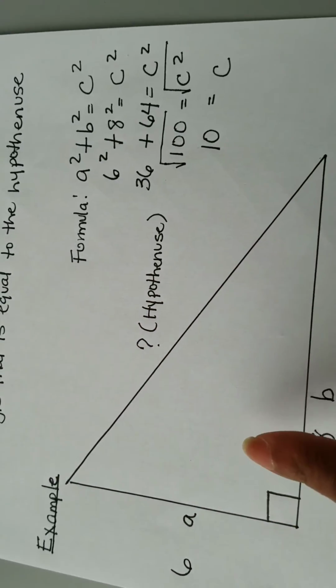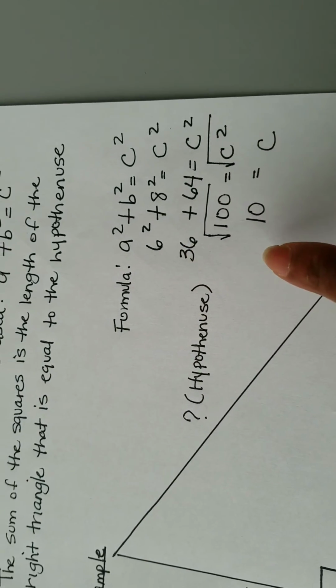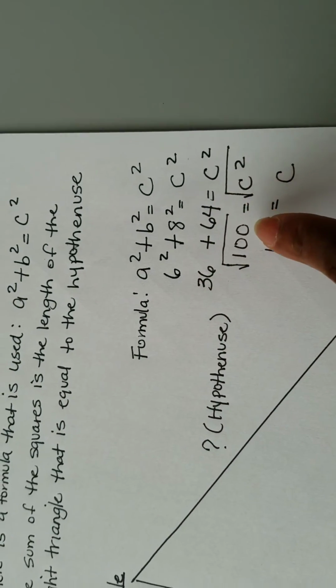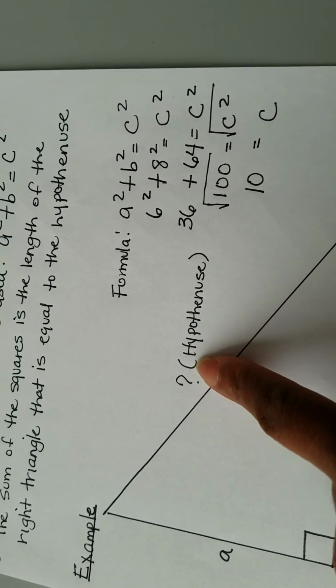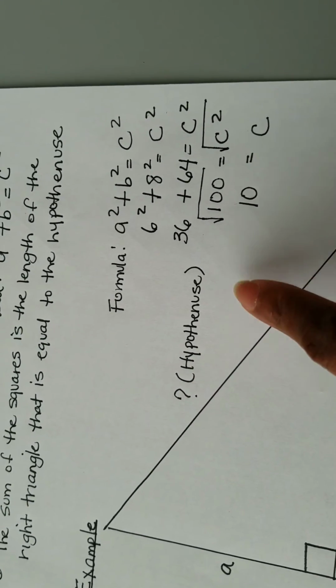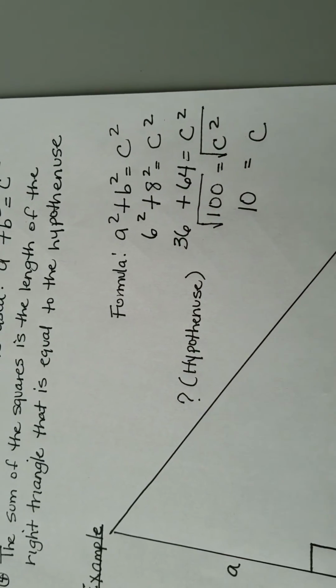And if we were to check our answers, we would go 36 plus 64 would be 100. And if we were to put 10 on this side, 10 times 10 is 100, so it would be equal. It would equal out